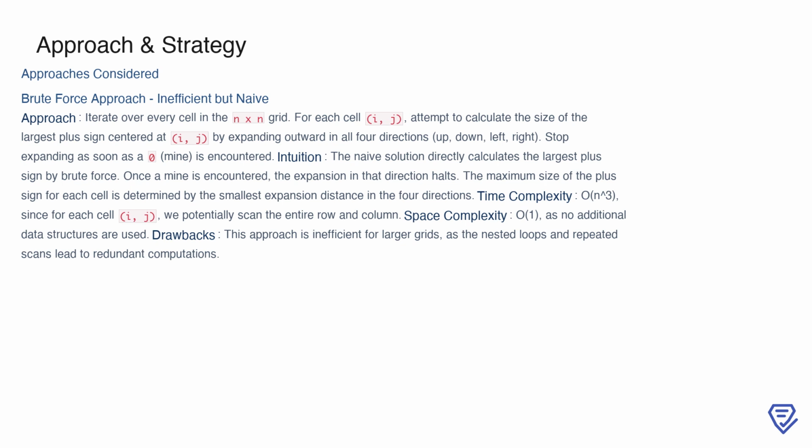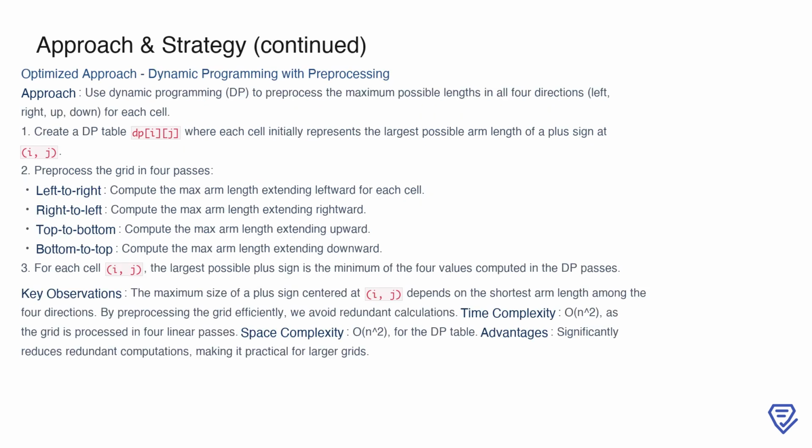However, the major drawback is that it involves a significant amount of redundant computation, especially in larger grids, as the same rows and columns are repeatedly scanned. This inefficiency makes the brute force solution impractical for large-scale inputs. Now, let's explore the optimized approach that leverages dynamic programming with pre-processing to address the inefficiencies of the brute force